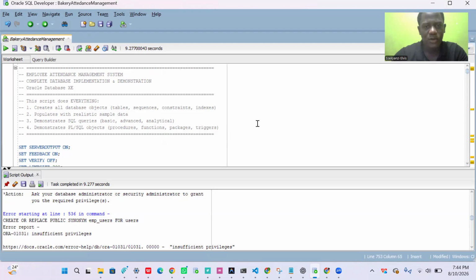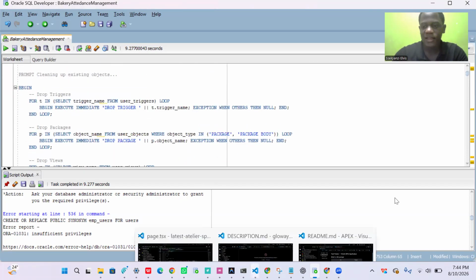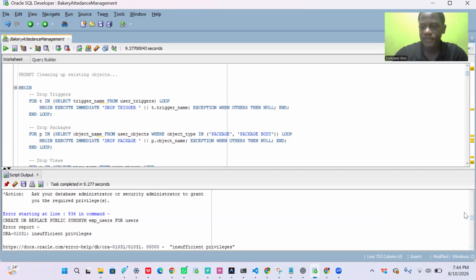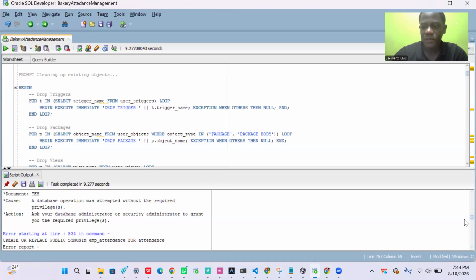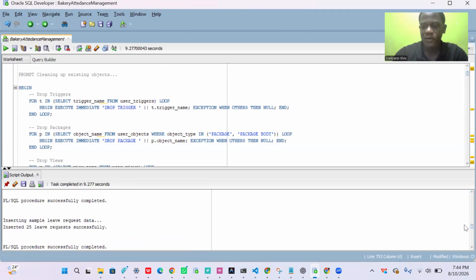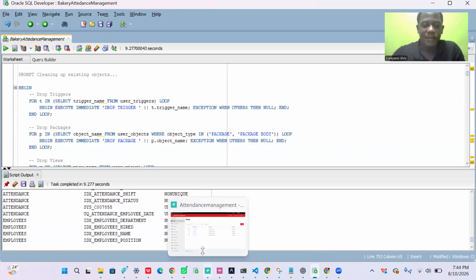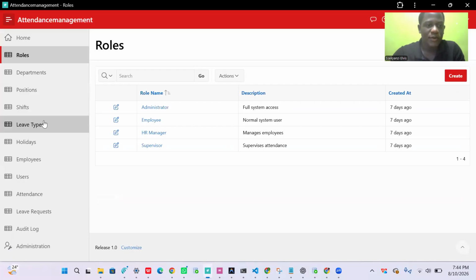This is our code. It would take us a long time to break it into bits, but basically it was able to run. This happens to be the results of the code. As you see, all the code was able to run. See, they were all successful. Then besides that, we also have the application itself. Here it is.